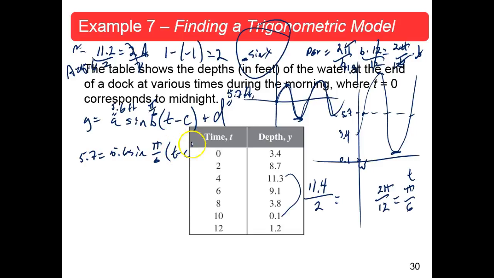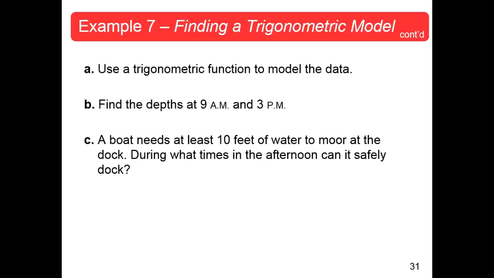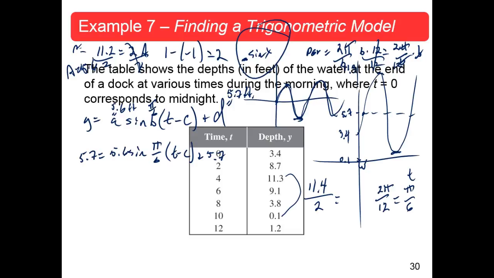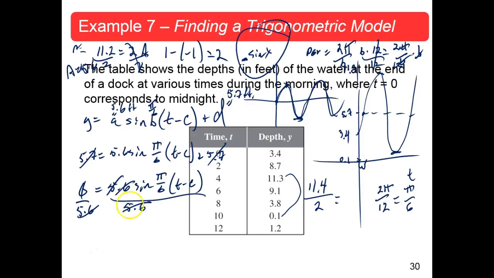T minus C plus 5.7. No. I think I mislabeled something. Yeah, no, that's right. All right. If you subtract 5.7 from both sides, that gives you 0. So 0 is equal to 5.6 times the sine of pi over 6 times t minus c. Okay, we're looking for c. First thing I'm going to do, divide by 5.6. Okay, and guess what? Since that's 0, that goes away. So now we have sine of pi over 6 times the t